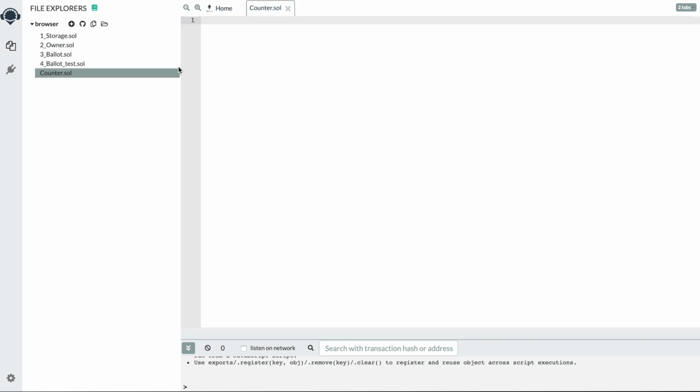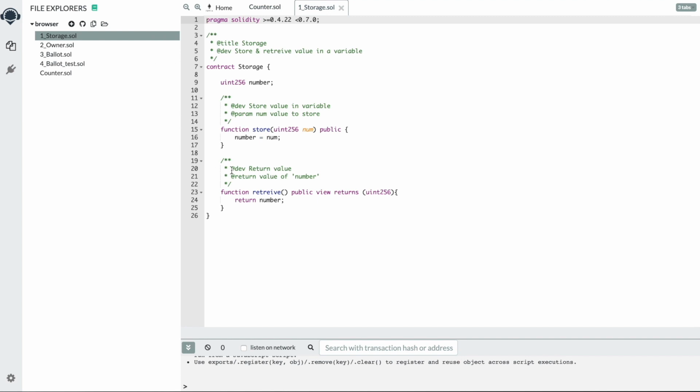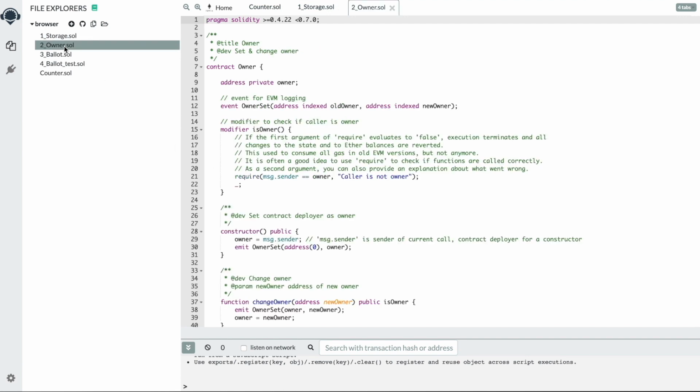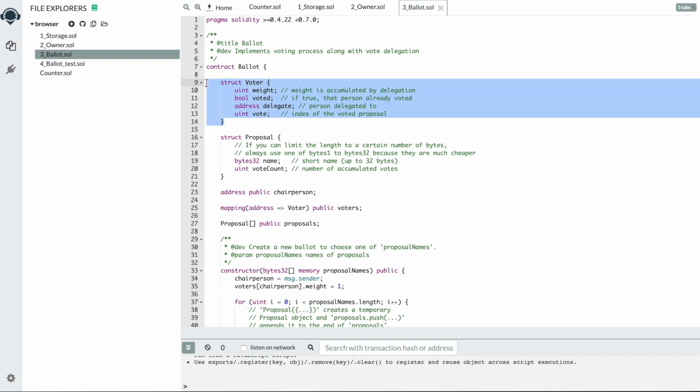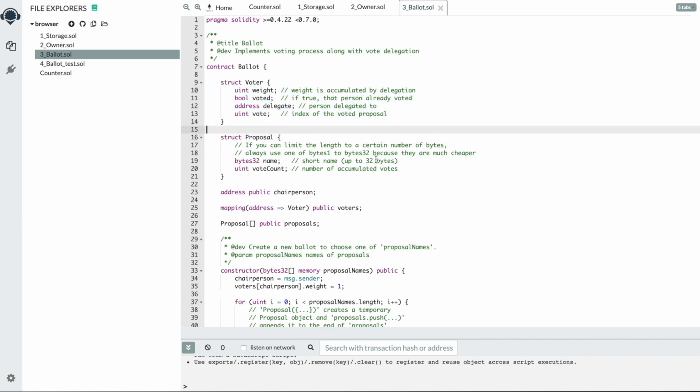This is the file that we'll use to write all the Solidity source code for the smart contract. I'll get back to that in a second, but I want to continue on with the tour of the new version of Remix. You can create new files for your smart contracts. You can see that there are some already saved here. This is a storage smart contract, there's an owner smart contract, a ballot. So you could even learn a lot about Solidity just by reading through some of the examples that are provided